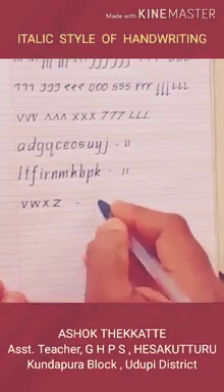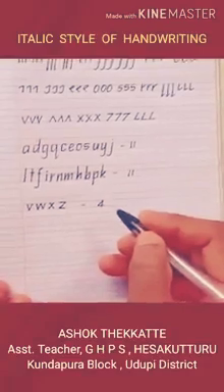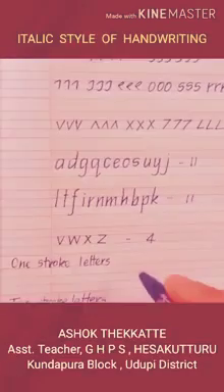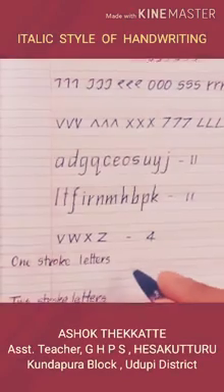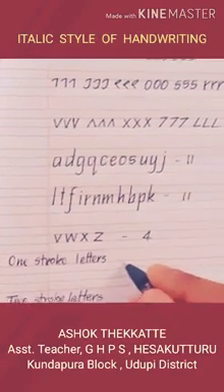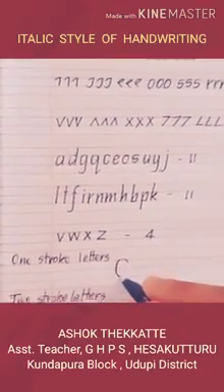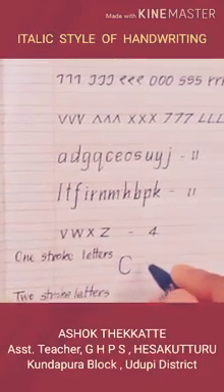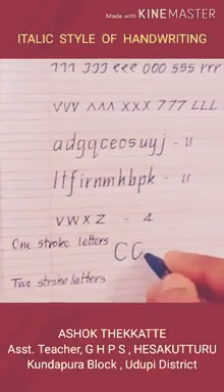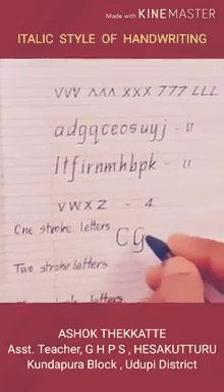Now it's time to practice the letters in uppercase style. All uppercase letters are classified into 3 categories according to the number of strokes. We have 1 stroke, 2 stroke, 3 stroke letters. The first 1 stroke letter is C. The next letter is G. We use all 4 lines to write it.